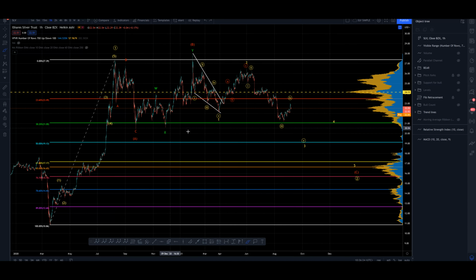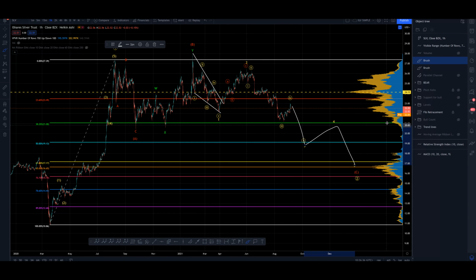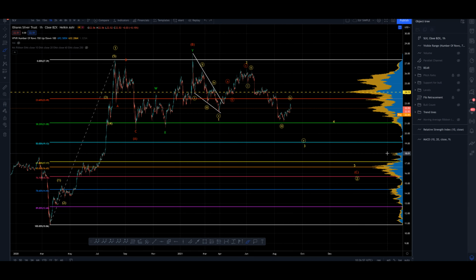If we break this 38.2, in a way that takes out all these previous lows, that would suggest that we are going to continue to impulse lower to find support, and I don't think there would really be any stopping the bears once they enter this territory. There's no reason, because the buyers will not be coming into here, they'll be looking for somewhere to buy. It's possible, I guess, but once you come through these voids in the volume profile, you tend to go through like lightning, but then you can find support lightning fast as well. So I would suspect we'd fall through here, come deeper, try and find the 61.8 for the wave 5 here, and then we'd bounce, and that would be a deep 2.